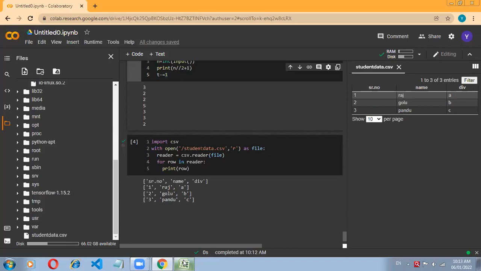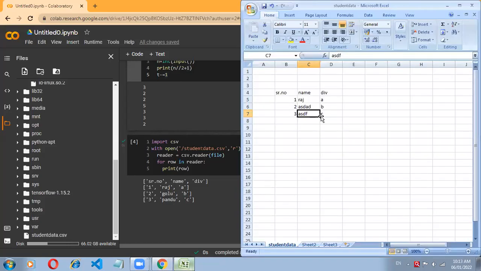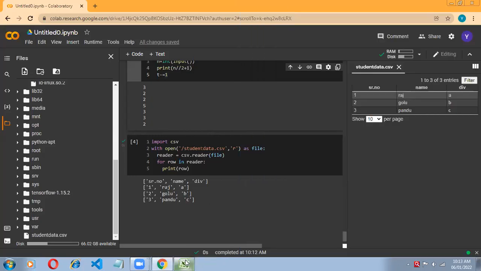So how will it take those changes in that CSV file? Are you understanding your problem? Means, ma'am, when I make changes in the Excel, I have to upload it again on Google Colab, right? Yes, you have to make the changes in this CSV file, upload this CSV file once again to your Google Colab platform, and after that execute this program.